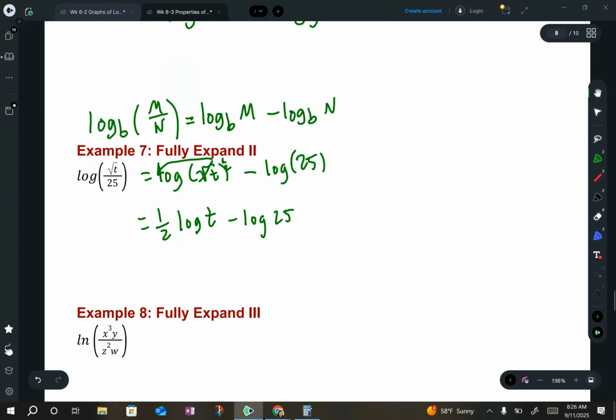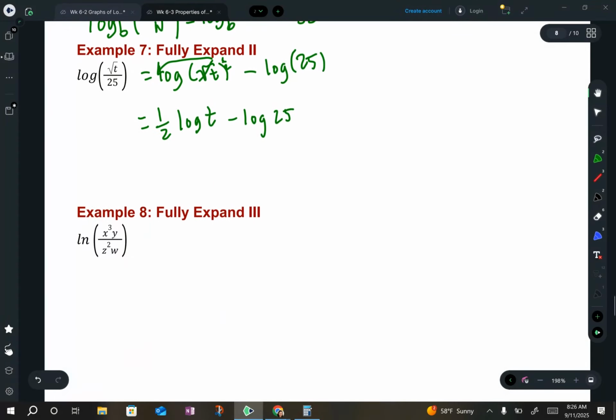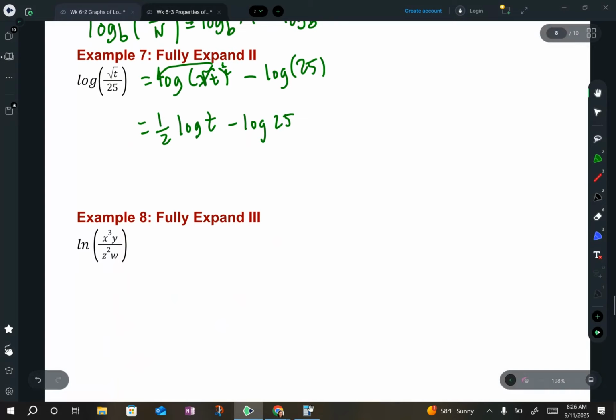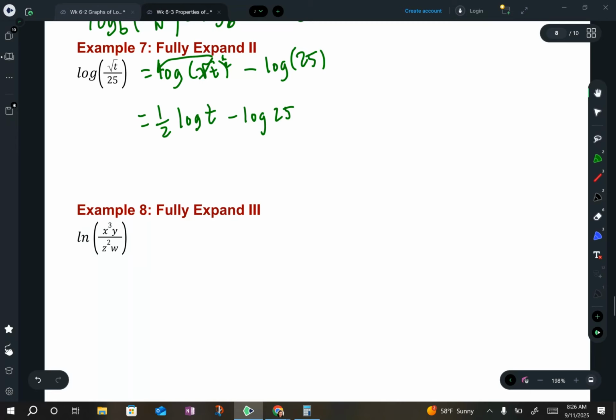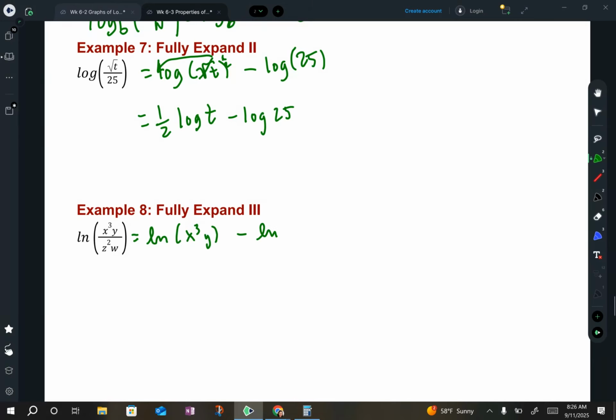All right, let's try this next one. We'll do this one together. So we have a quotient, and inside the quotient we have products, and inside the products we have exponents. So the first thing we have is a quotient, so let's use the quotient rule first. So this is the natural log of x cubed y minus the natural log of z squared w. All right, now we use the product rule because this isn't all cubed, it's just x cubed, so we've got to get down to that part by itself. The natural log of x cubed plus the natural log of y minus the natural log of z squared